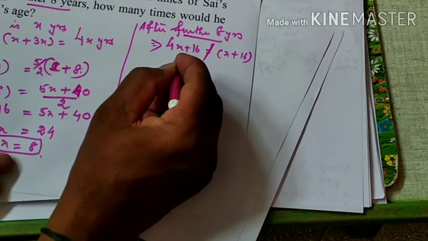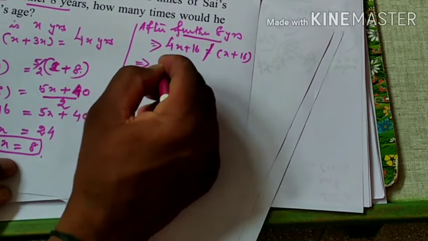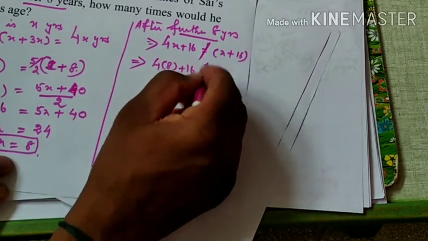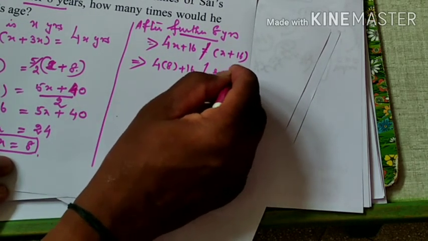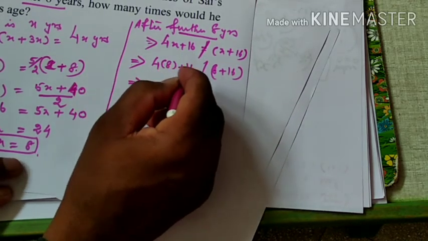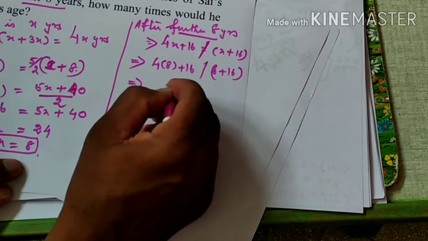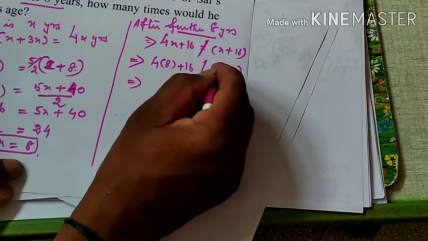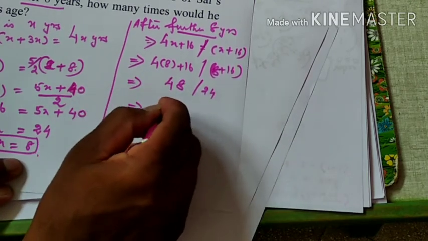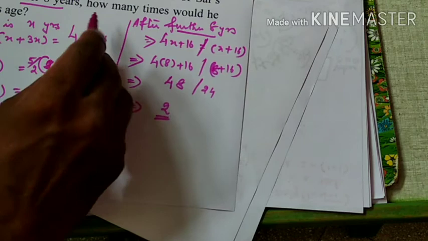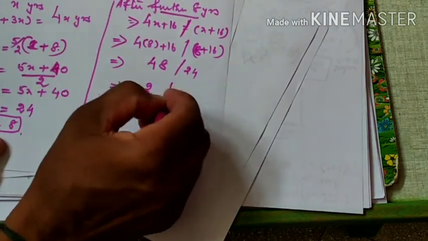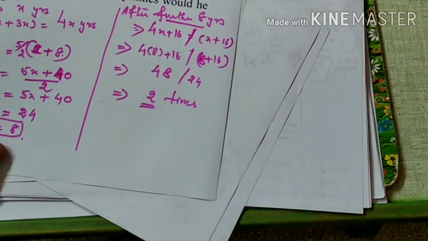Now, the x value we got is 8. 4 into 8 plus 16 divided by x plus 16. 32 plus 16, 48. 8 plus x value, 8 plus 16, 24. This result is 2 times. Therefore, how many times would it be Soy's age? That becomes 2 times. Okay. So,